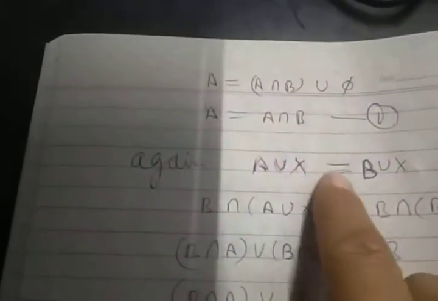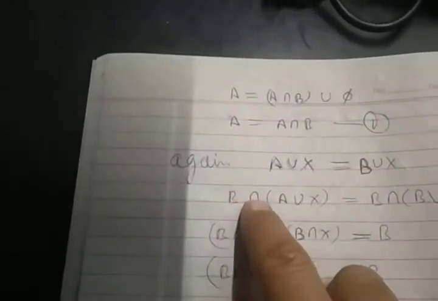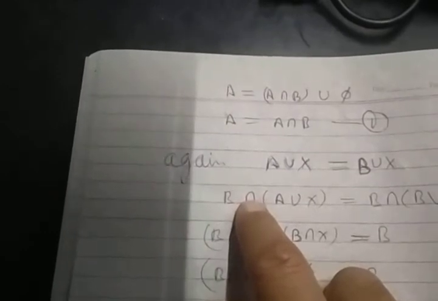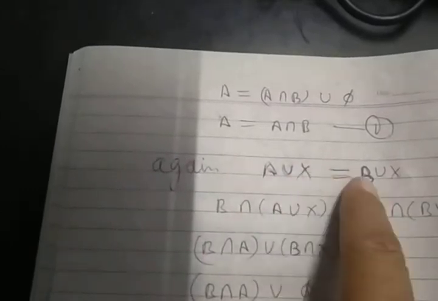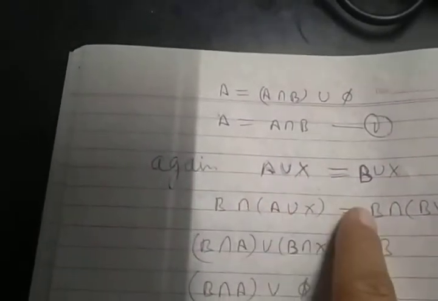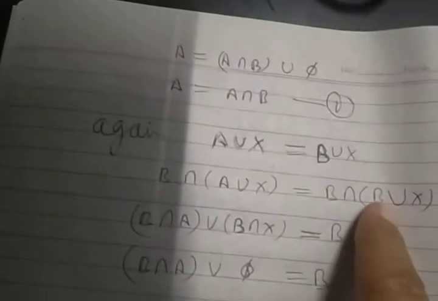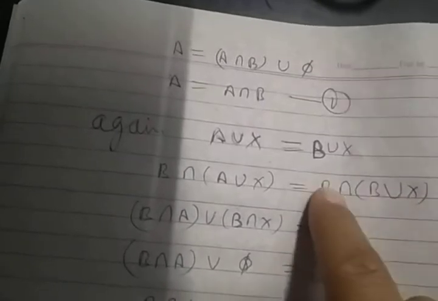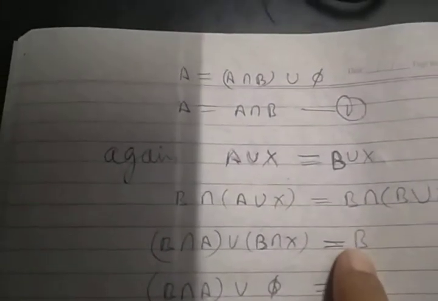Now we are again using, we have to prove A equal to B. So this result has come, first result, A equal to A intersection B. Now we are again using A union X and B union X, which are equal as given, and taking intersection with set B, and again applying a similar property. See here, union of B and X and intersection with B will give you B only. It is just similar to the previous property.